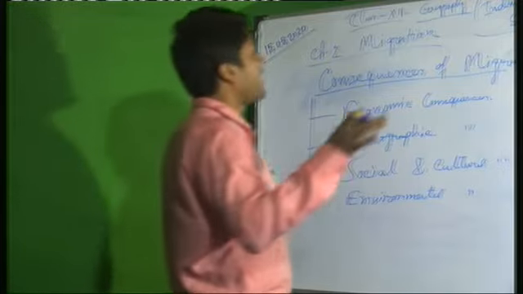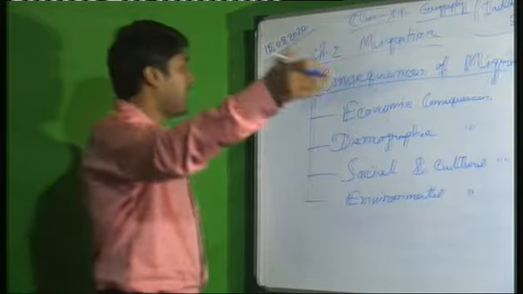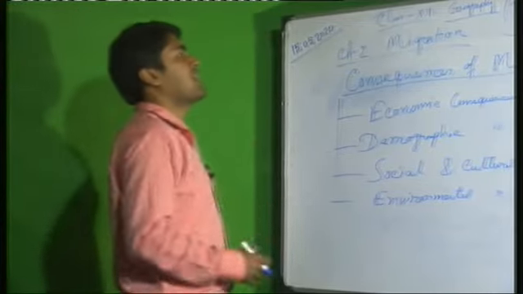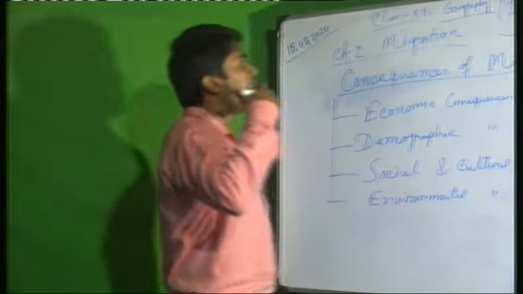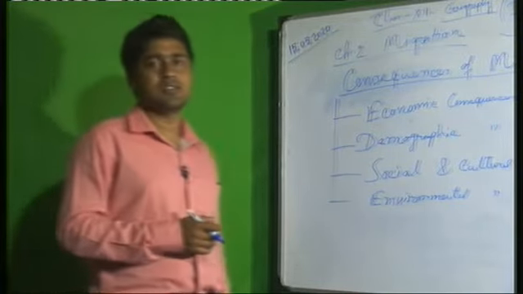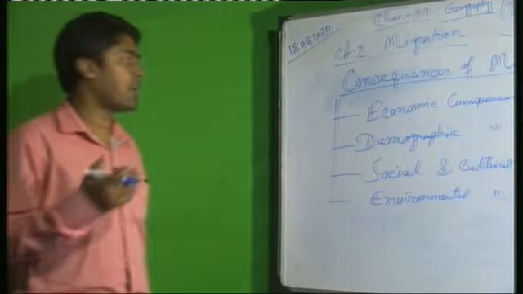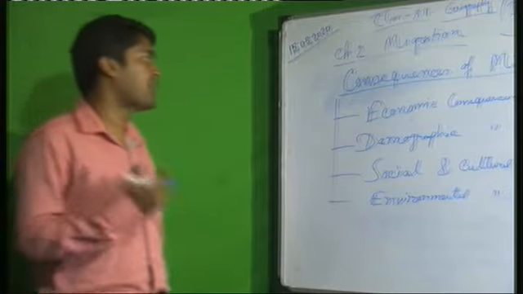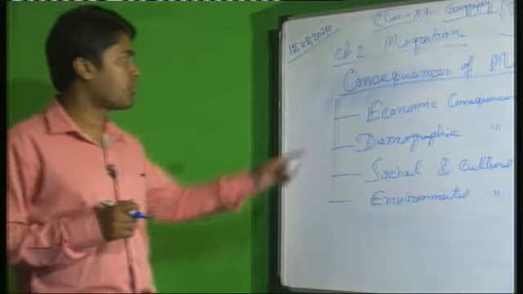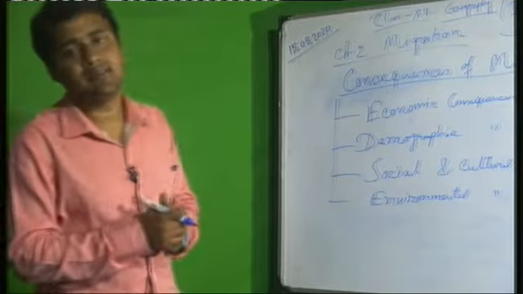And there is also another important positive aspect. When people migrate from any other foreign country to India, at that time the state can get a huge amount of foreign exchange. This is also a positive impact of economic consequences. Due to migration, any state can get a huge amount of foreign money. So this foreign exchange also helps the country's or state's economic condition. The economic consequences have 2 parts. One is positive consequences, one is negative consequences.